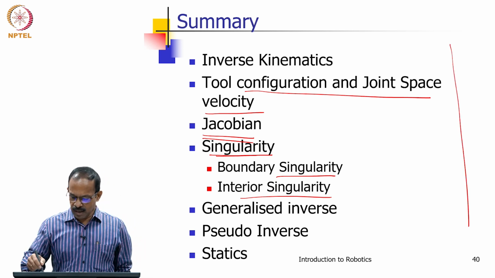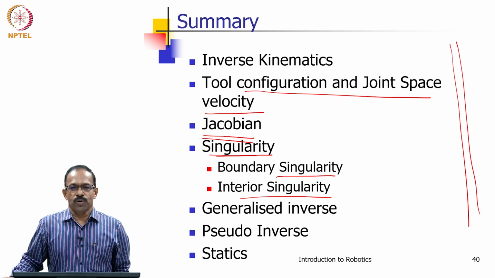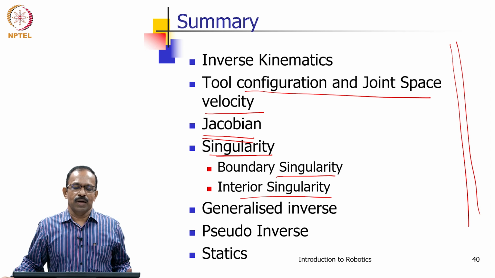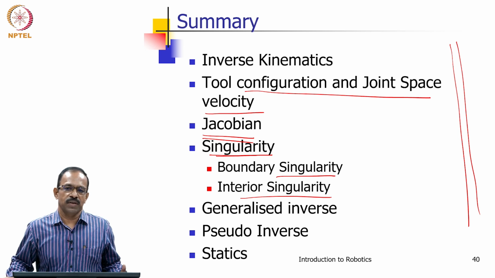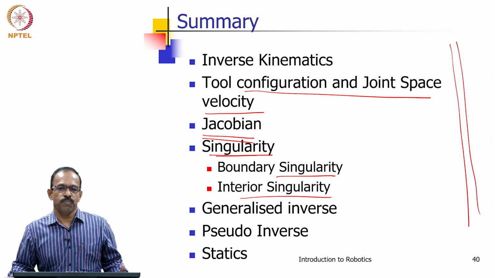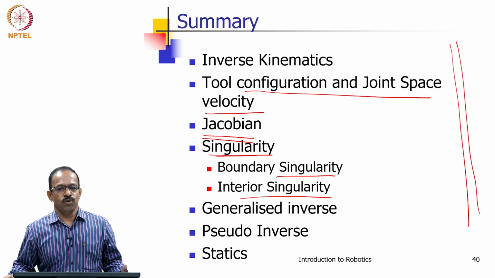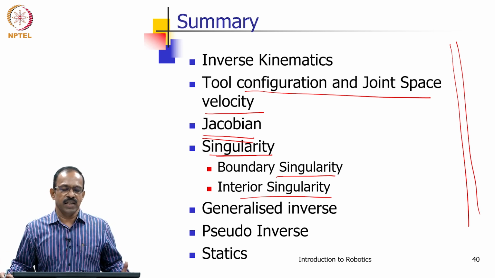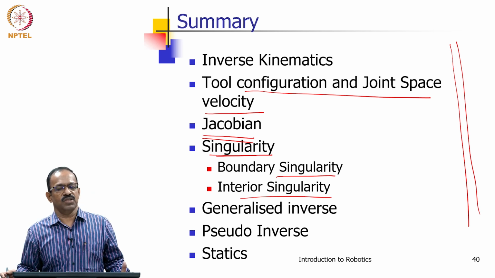So, we completed the discussion on kinematics here. We started with the basic mathematical foundations for representing points and objects in space, and then talked about how position and change of position can be represented using transformation matrices. To represent both translation and rotation, we found that we cannot use a 3 by 3 matrix and have to go to a higher dimension space, so we defined homogeneous coordinates and homogeneous transformation matrices.